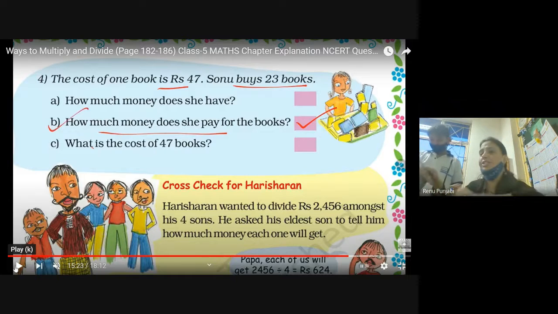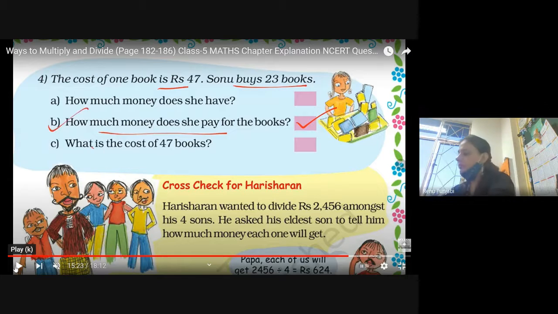Cross check for Hari Krishnan. Done, no? Learn the spelling of the remainder, quotient, divisor. Remainder spelling is wrong. You just check this. It is 220. Acha, right. Your handwriting is too good. Do it in this way only, the work, okay? Cross check for Hari Krishnan.